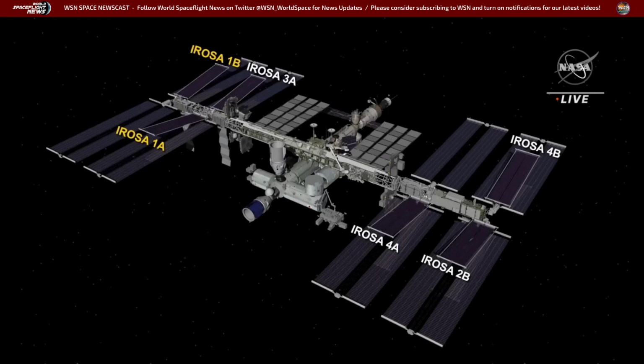These new arrays are 60 feet long by 20 feet wide and share a little more than half of the original arrays, which, as you can see in this graphic here, they lie over top of. Each new IROSA will produce more than 20 kilowatts of electricity, and once all...